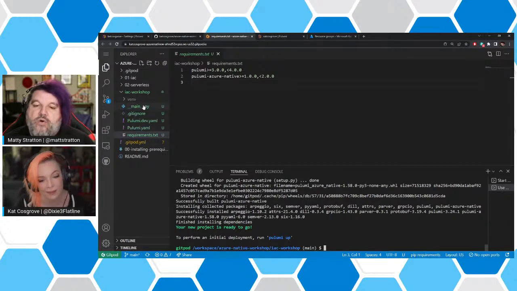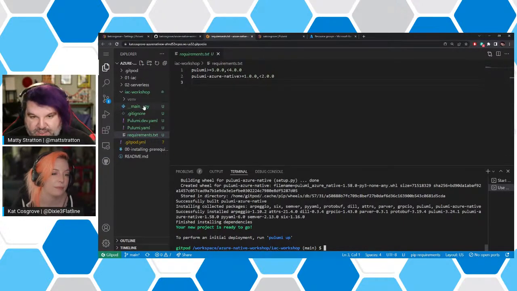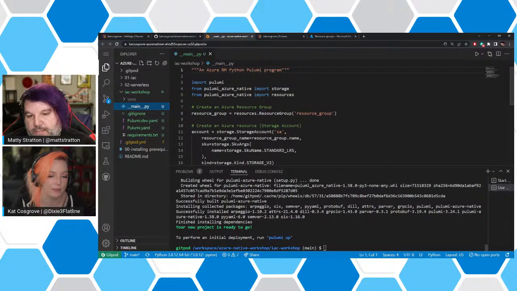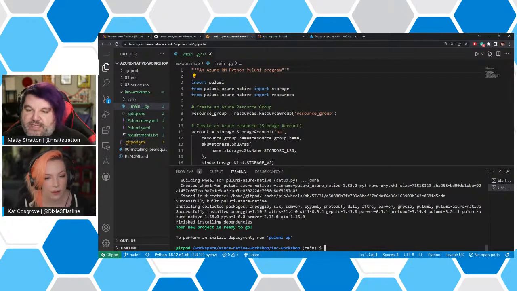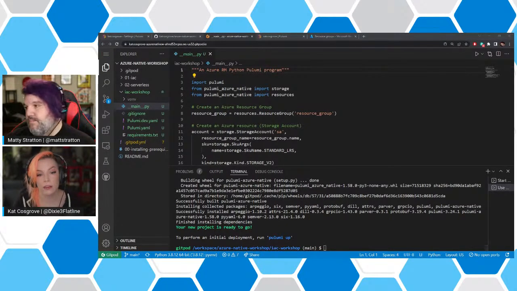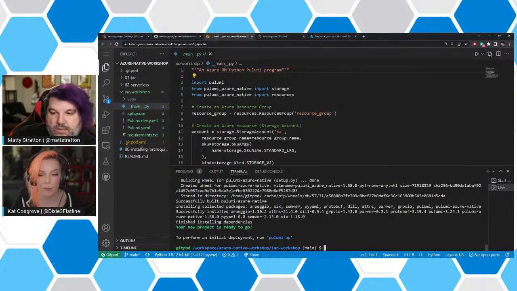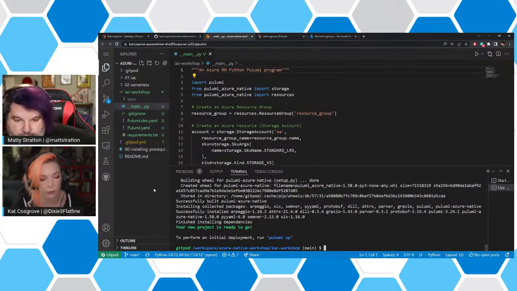Okay. So you want to speak a little bit about this virtual environment and how you're going to be working, because this is very Python-y. I don't know C#, so I can't comment on how it works with dependencies. But in Python, you don't install your dependencies globally, the way you do with JavaScript or TypeScript.